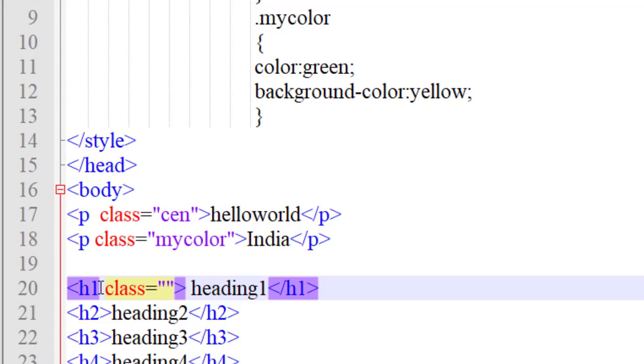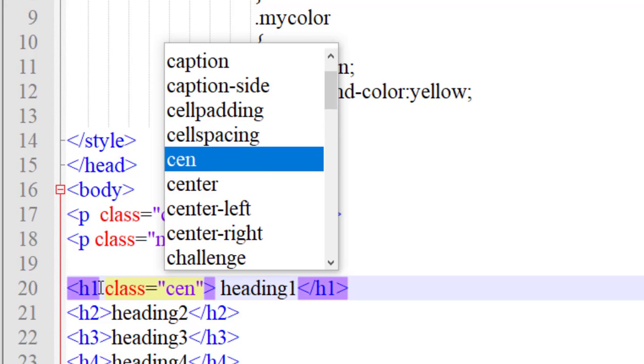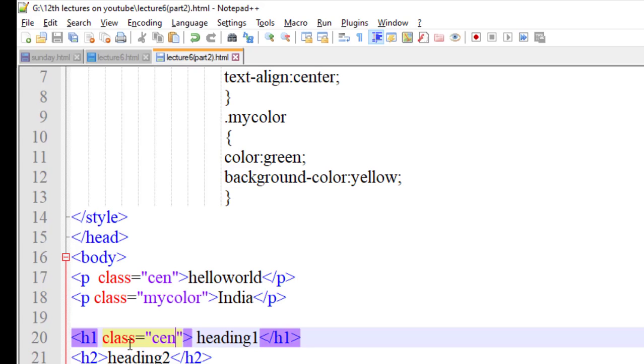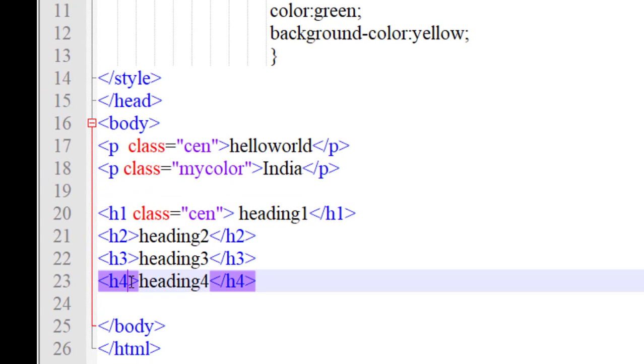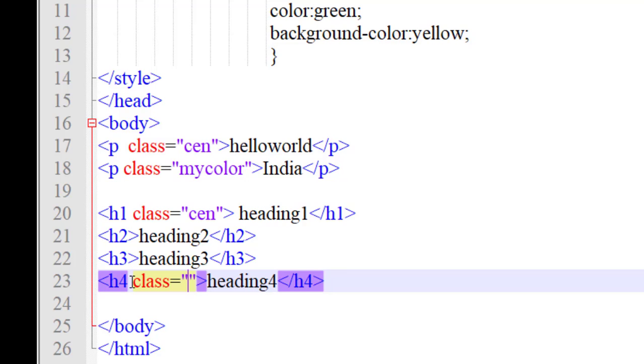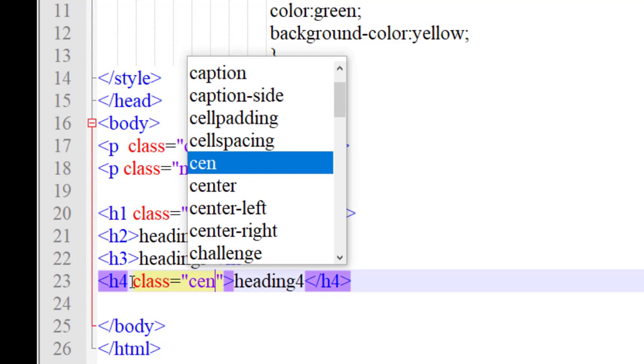I am only applying the CEN class on heading 1. Just save it. Now run it. I want the same red background and center text position on heading 4, so I will apply this class CEN on heading 4 also. Class equals to, in double quotes, CEN. Just save it and run it.